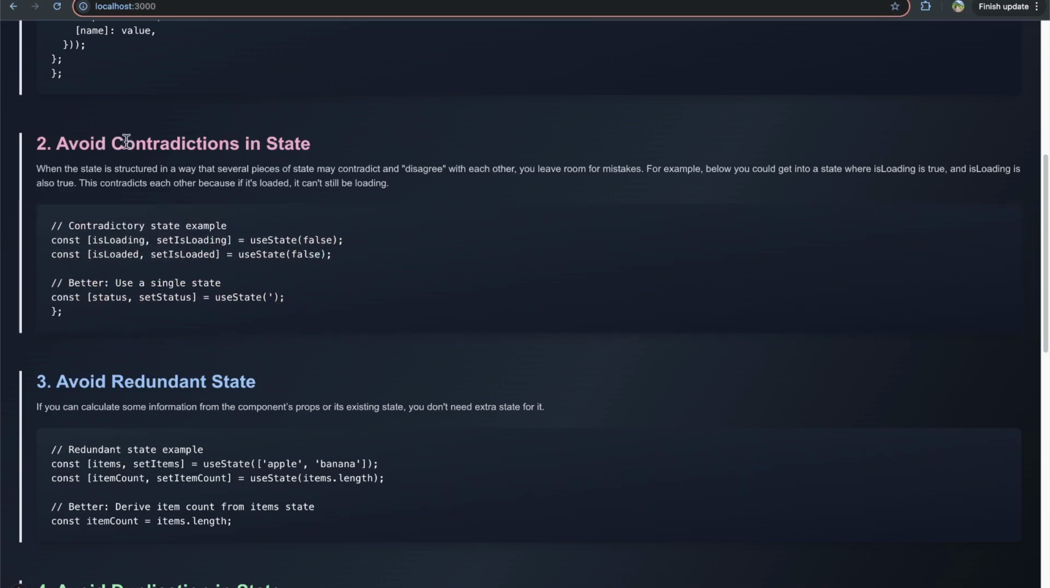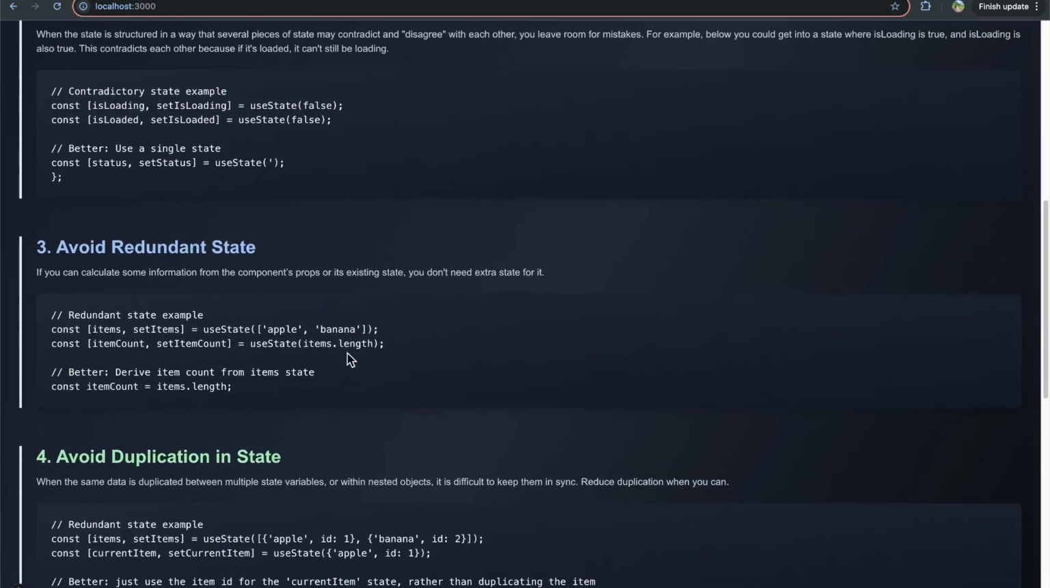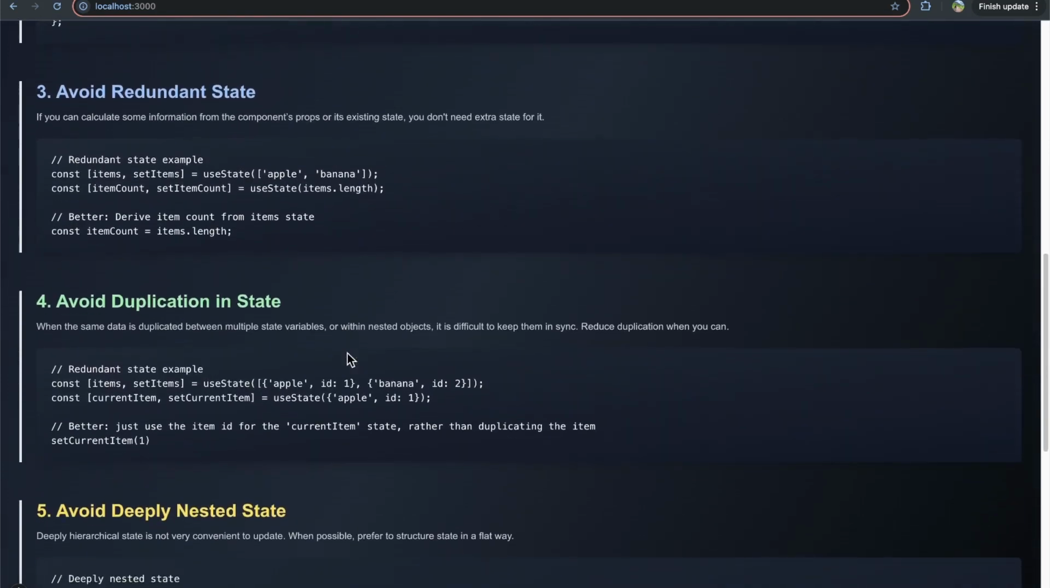So when possible, try to avoid these contradictory states that could disagree with each other. Number 3, and I talked about this a little bit in my previous video, but try to avoid redundant state. So if you can calculate or derive some information based on your existing state or even the component's props, then you don't really need any extra state